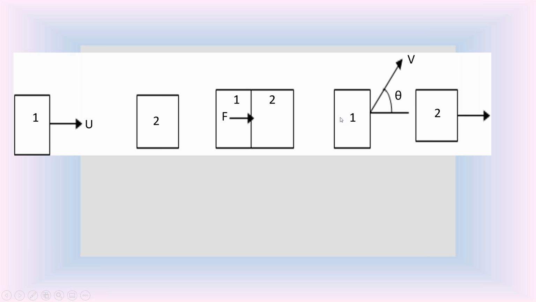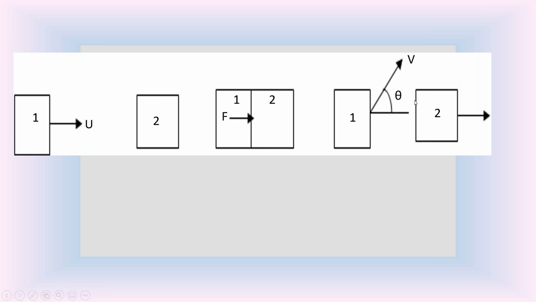F is horizontal, and the final velocity is inclined, making the angle theta with the horizontal. So the horizontal component of the final velocity V is V cos theta. Take that horizontal component, V cos theta, to calculate this force F. Because F is horizontal, we take the final velocity component in the horizontal direction. By using that V cos theta, we can calculate the force F from Newton's second law.